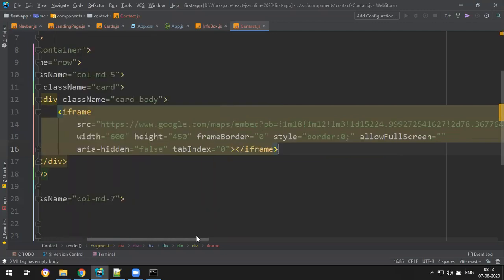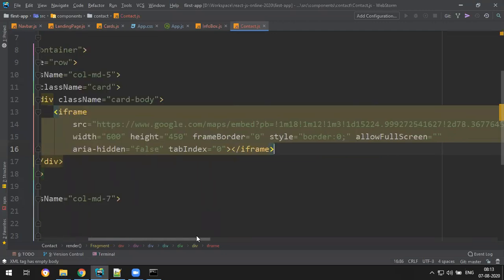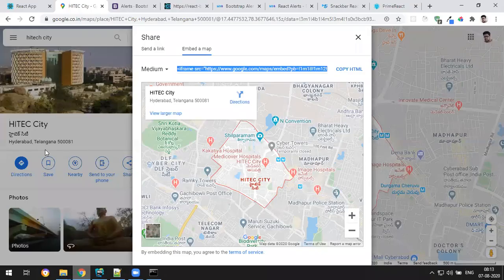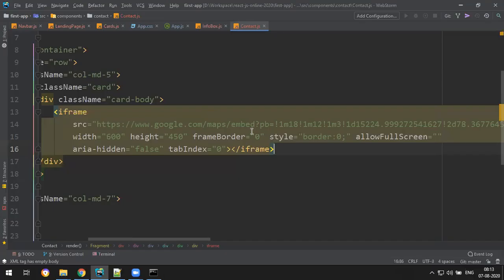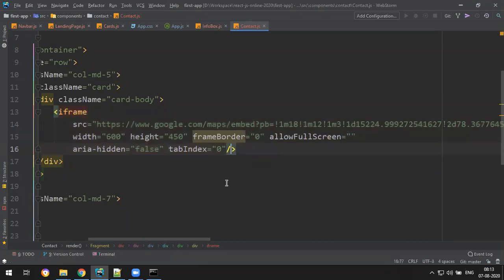And some problem. I think you got some error. The style property expects a mapping from style properties to values, not a string. Style property, yeah, this one. Oh, it looks for a real expression, not just like that. Okay, then delete. I don't want style. Then delete, and this will be self-closing.